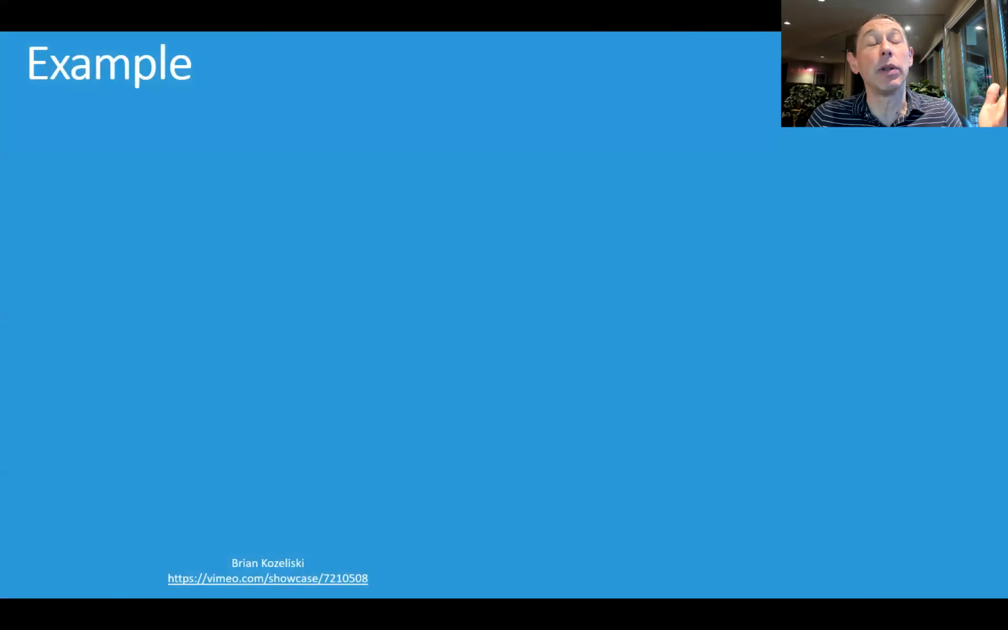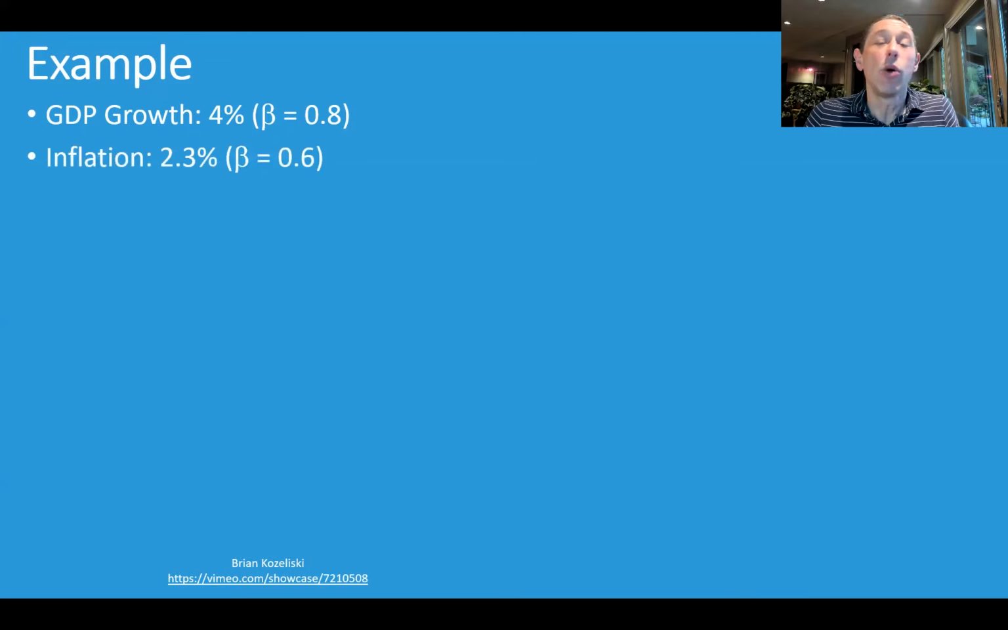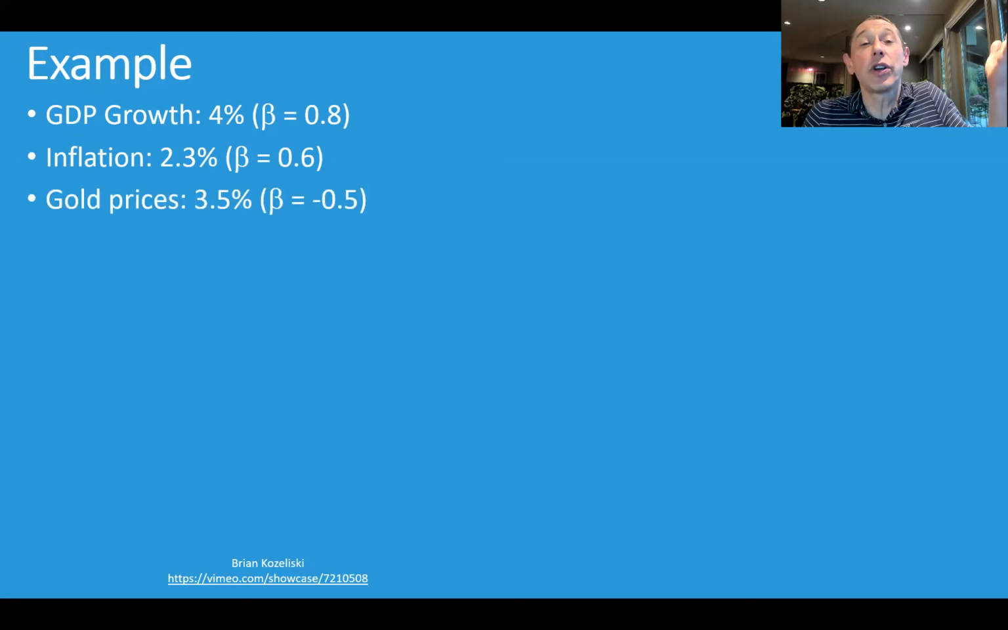Let's just do a quick example. Let's say we have an asset and we have some exposures out there. We have some factors out there. So let's say we have GDP growth. We're saying its expected return is 4%, and our asset has a beta versus it of 0.8. We've got inflation. We expect that to be 2.3%. Our asset has a beta exposure of 0.6 to that. We think gold prices are going to go up by 3.5%, and our asset has a negative 0.5 beta exposure